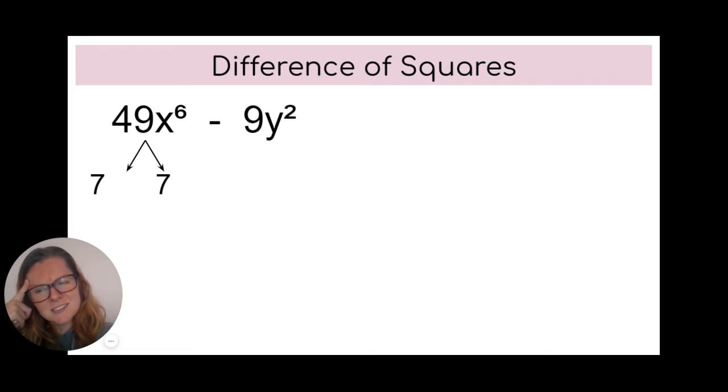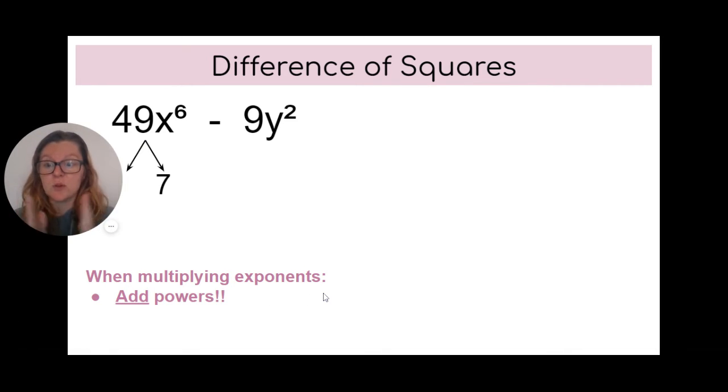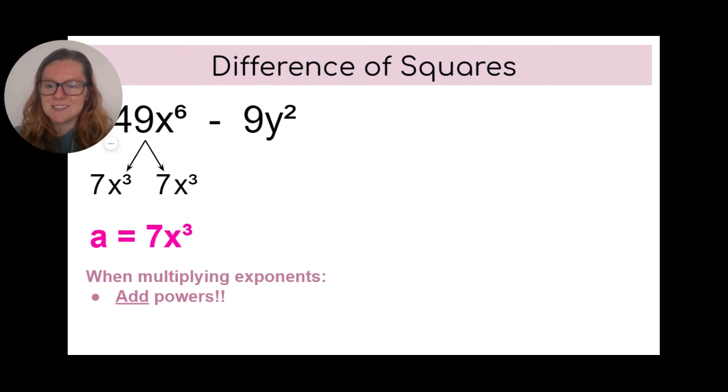I'm like, 6 is not a perfect square, but I have to remember that when you are multiplying variables with exponents, you are actually adding the powers. So I want to find two numbers that add to 6. In this case, it is a perfect square because x cubed times x cubed will give me x to the 6th power. So that's a little bit different there. If you want to write yourself a note when you're doing exponents, make sure you're adding together, not trying to multiply to 6. Okay, let's go into the next one. A value is 7x cubed.